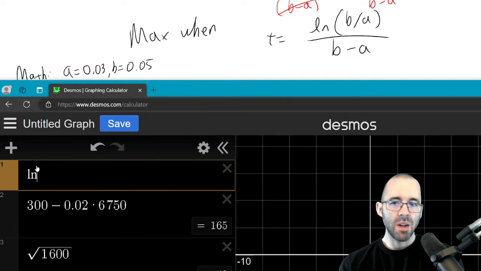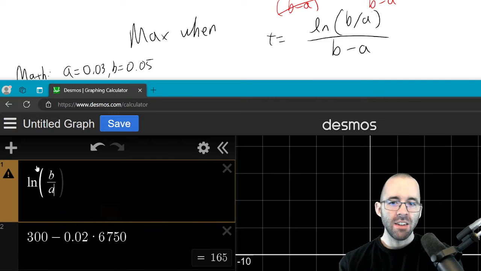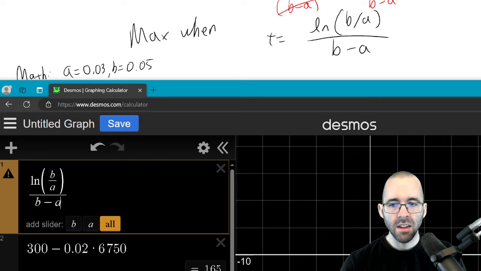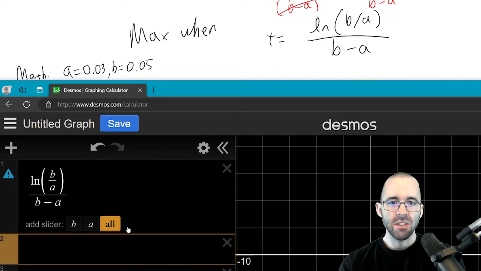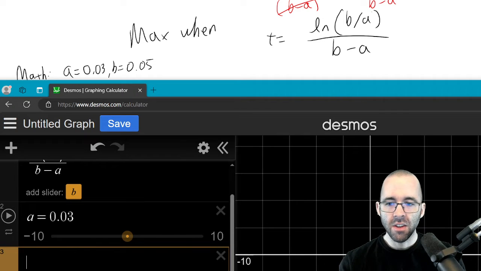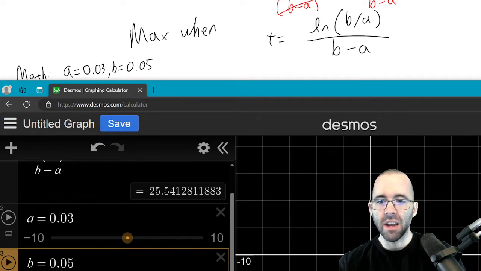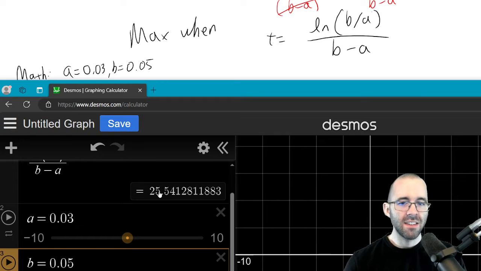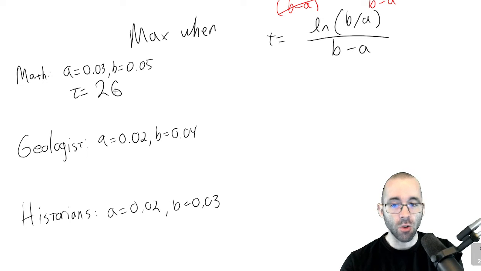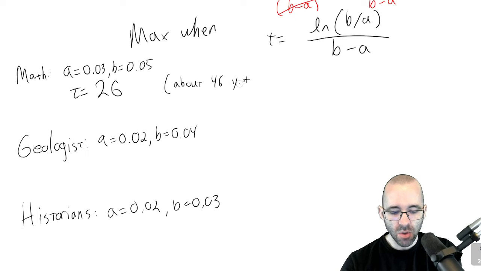Here's one way you can do this as well if you want to use GeoGebra. You can write natural log of b over a divided by b minus a. And then I think you can just tell it a is 0.03, and you can tell it that b is 0.05. When you do that, you see we get 25. Let's round. We're talking about how old people are, or specifically how many years, their career age. This is going to be about 46 years old,